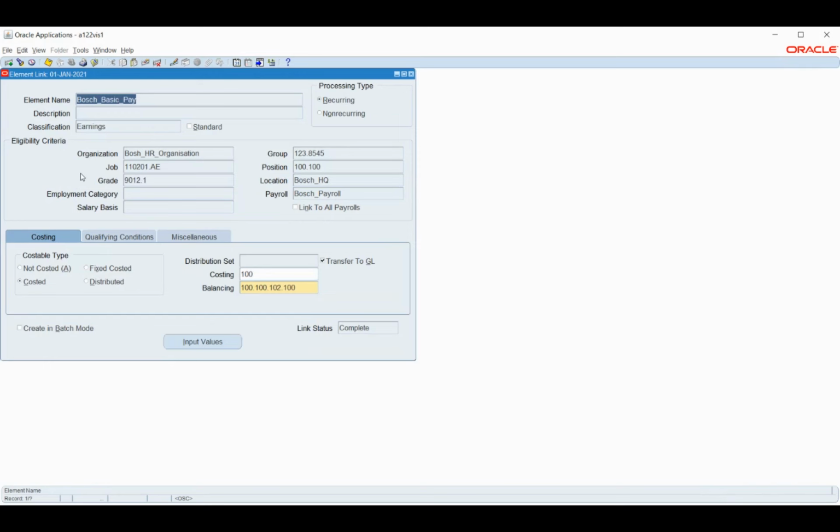Yeah, so basically, if you see the other organization, that is HROC that I have attached, so that's why we are seeing these details there. Whereas this one I have attached with business group, so these details are a one-time setup. Once it is set up, we will not be able to change these details. So let me try to attach with the HRR, probably it should allow to attach it because the org is different.